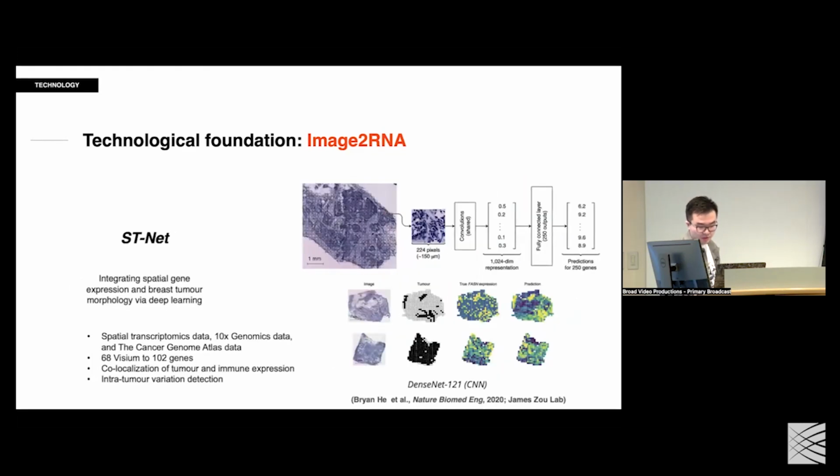And then Jen Doe's lab at Stanford University also developed this STNet, where you can generate gene expression for around 100 genes from paired Visium data, which is lower resolution, at a 100 micron level. They used a CNN model to generate the spatial transcriptomics data from paired HE staining. But this is not at single-cell resolution yet. It's at the tile level, so each tile contains multiple different cells.